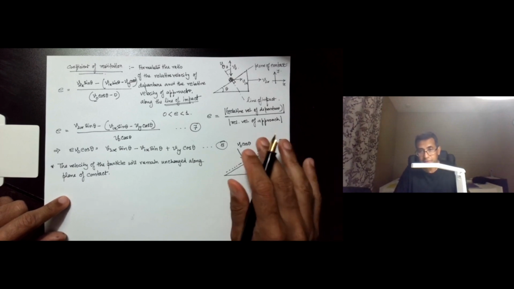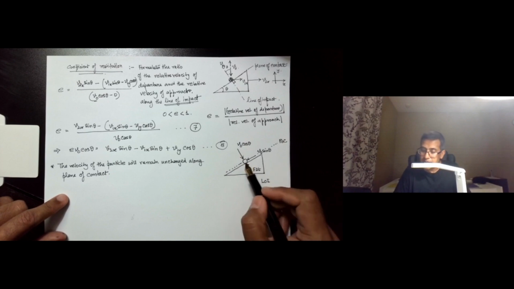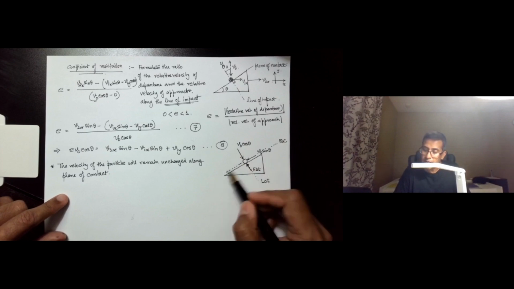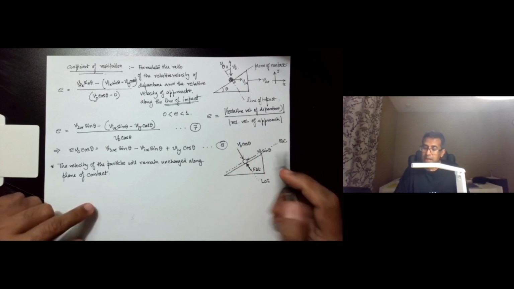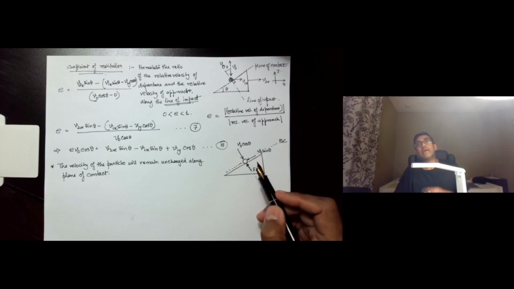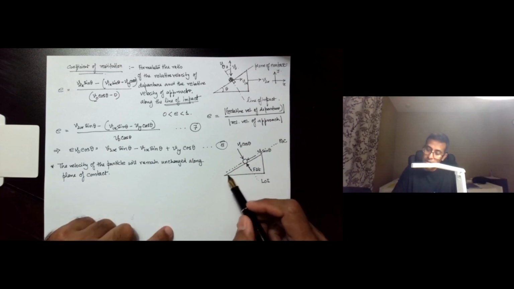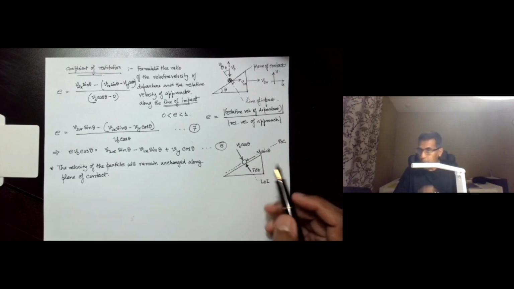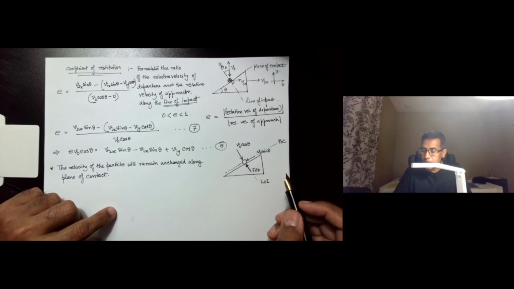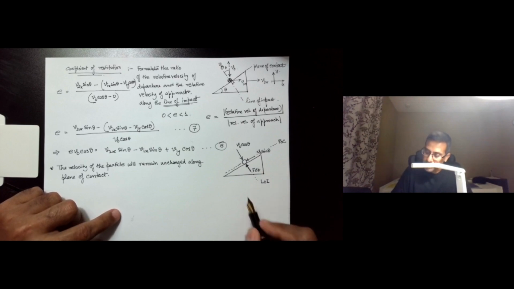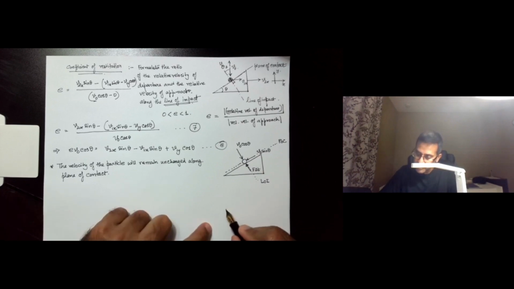We can say that for the particle, because the particle's motion along the plane of contact is not blocked, but the incline's motion along the plane of contact is blocked, right? So because we know that for the incline